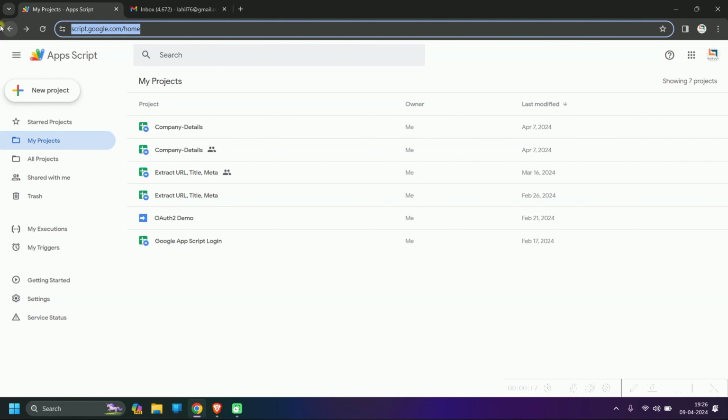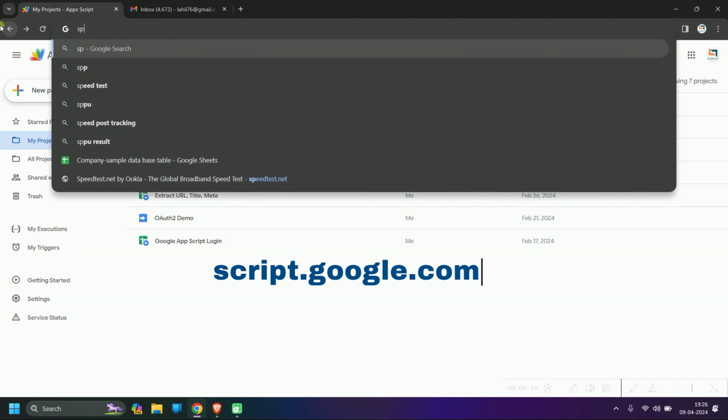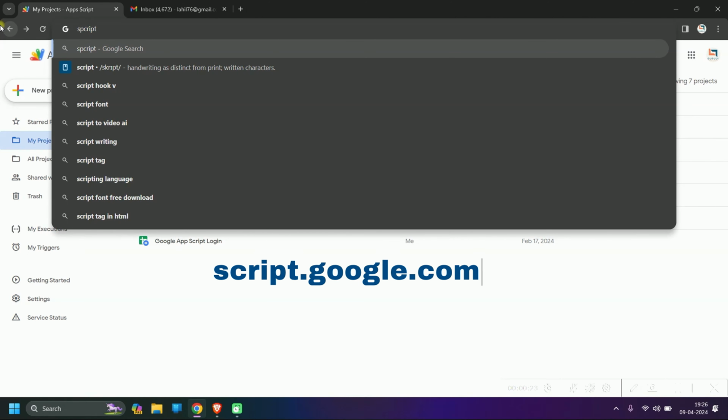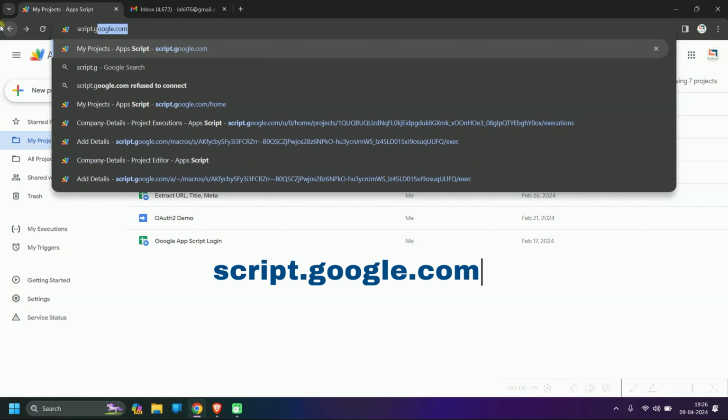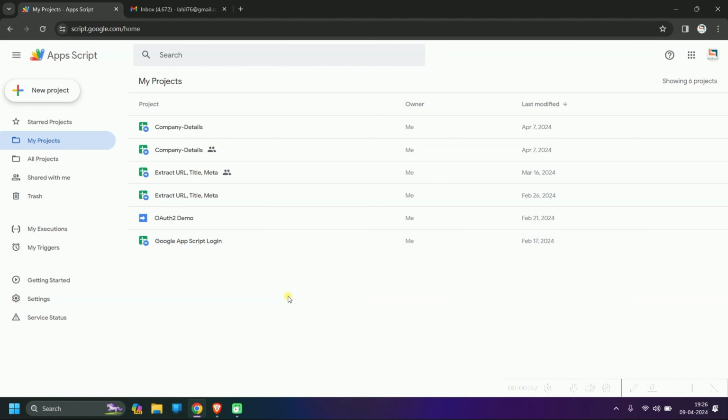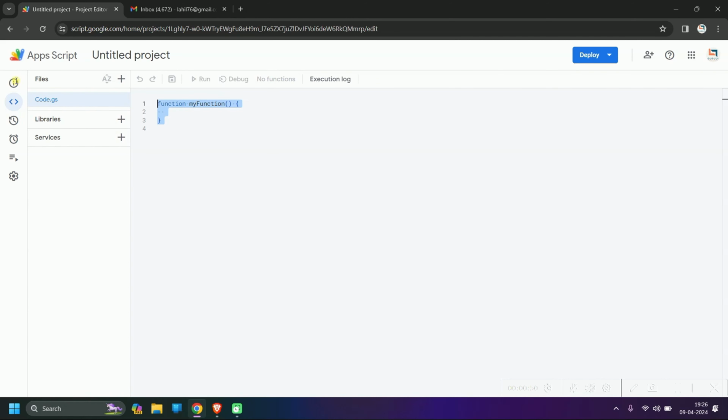Go to your browser and type script.google.com and hit enter. It will open a page, and there we will click New Project and delete all the existing function, and here I will create a function named sendEmail,